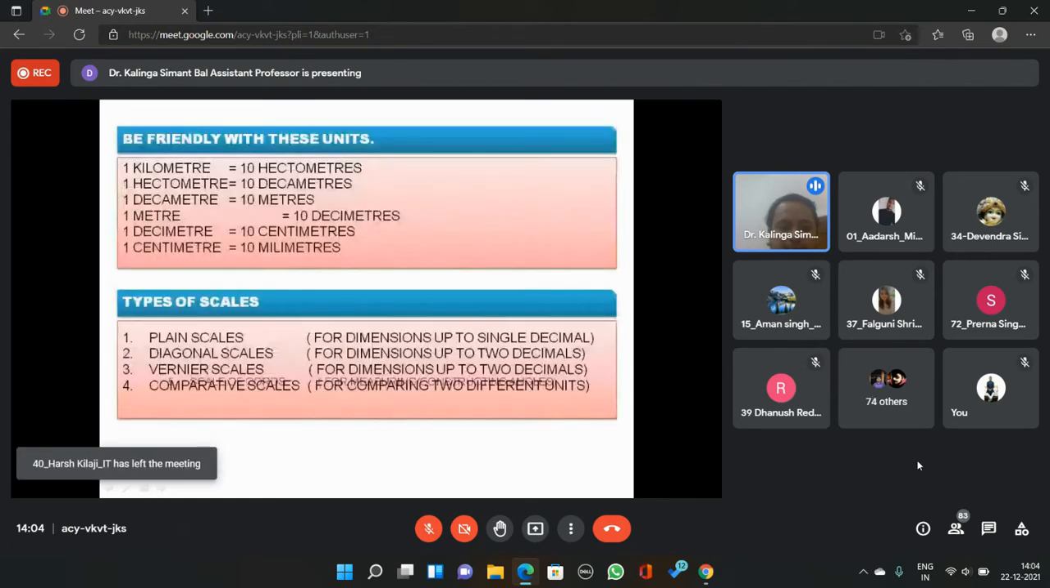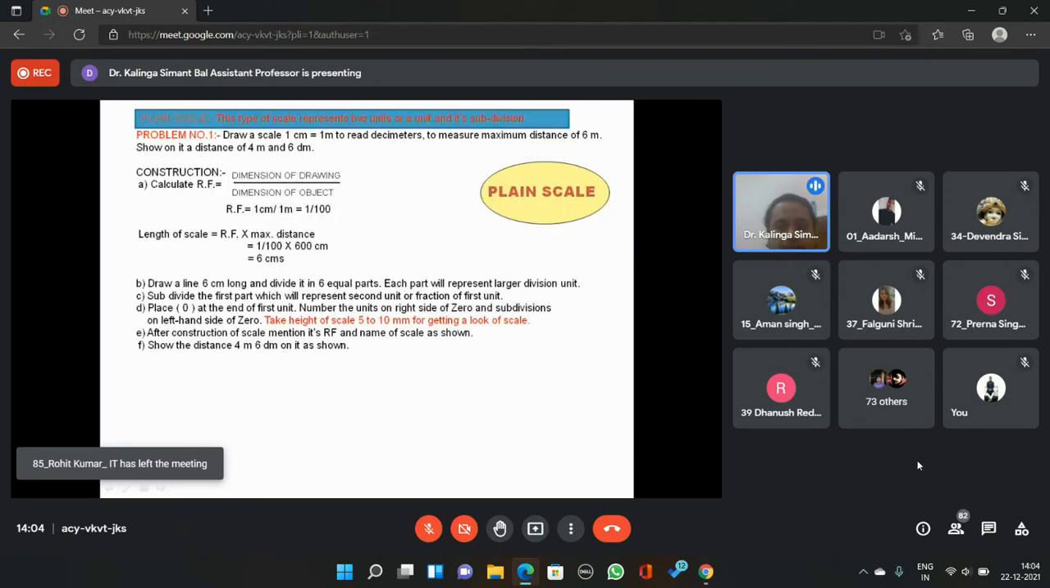Also, the plane scale has one feature that it is able to show the dimension up to a single decimal point. And the plane scale is basically used to represent either two units. Like one example we saw, it was a kilometer and minutes shown in a single scale. So it can show two units or a single unit and its subdivisions. So two units with its subdivisions and a single unit and its subdivisions can be shown in the plane